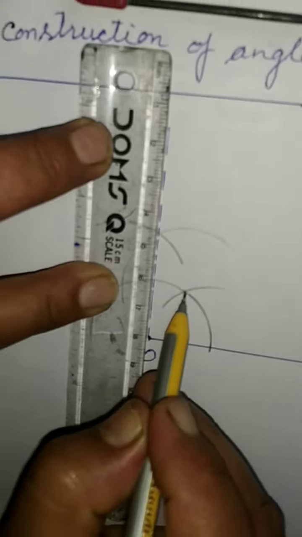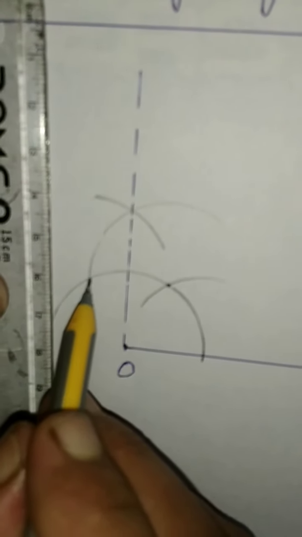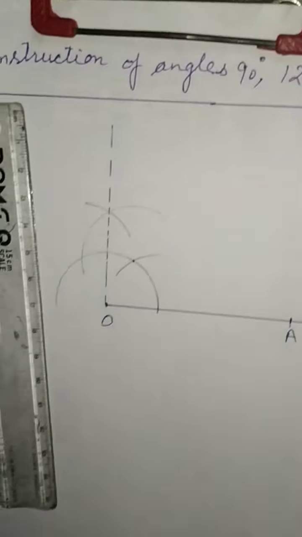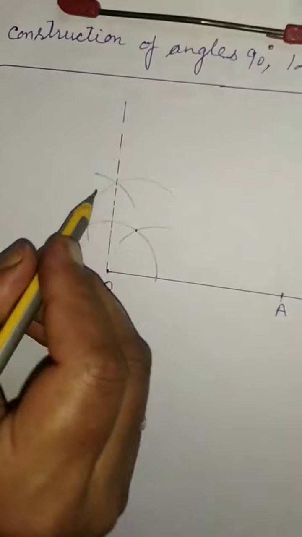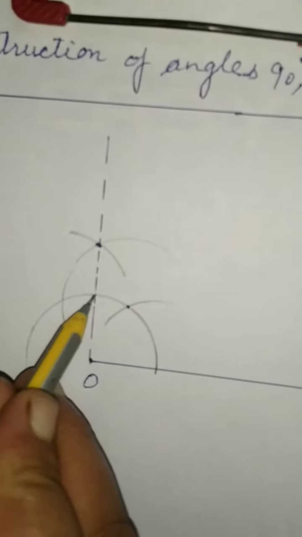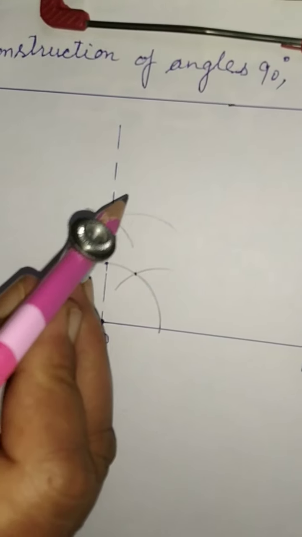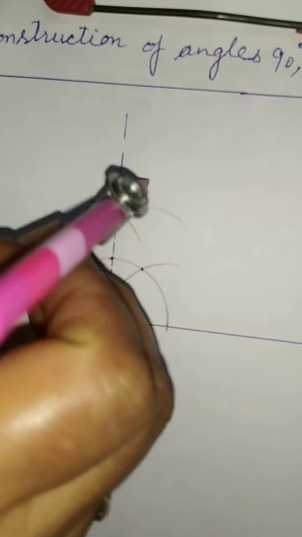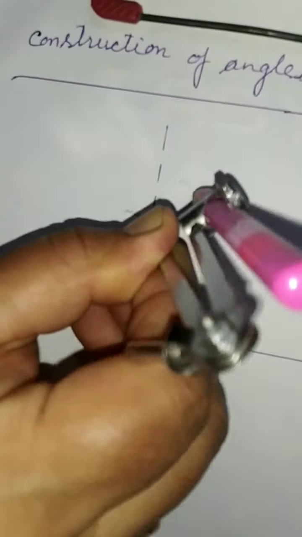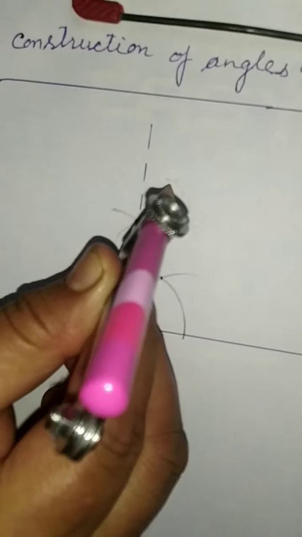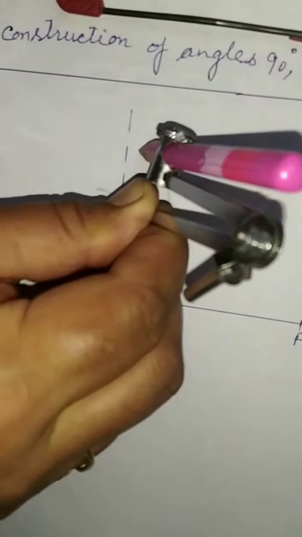If I produce from this arc that is of 60, and from this I am getting 120. Now without changing the previous radius, mark these points. Without changing the radius from this point, they are the intersecting point of 90. Make one arc inside this angle of 90, from this way inside.